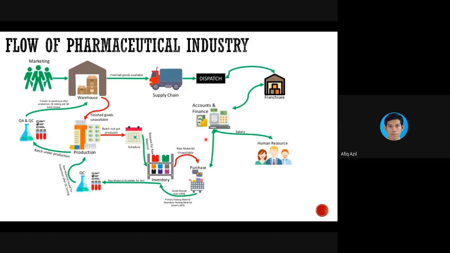So analysis will happen mostly in quality control, QC, and also in R&D, research and development. So the first step normally will be in R&D. A team will develop a formulation. So let's say you want to develop a new drug, where the drug by the innovator has finished their patent. Like earlier when I was working in Pharma Niaga, the drug Viagra just finished their 30 years patent.